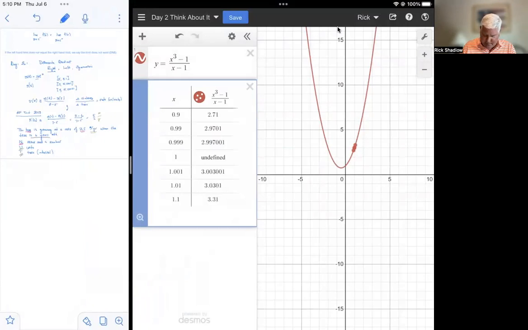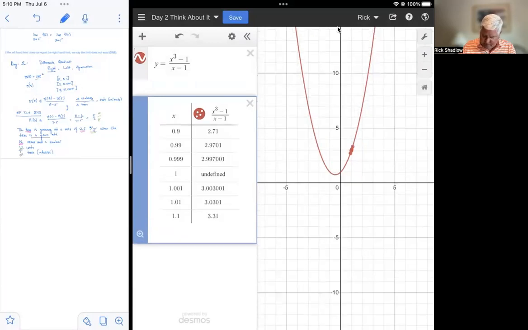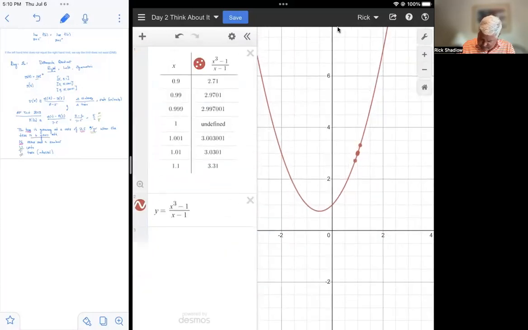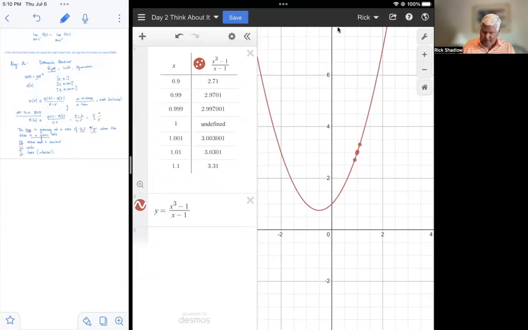And it looks to me, both graphically and from the table, that it would be 3. And I know that you've got some things there, but as x goes to 1, again, those function values are getting closer and closer to 3. So since the left-hand limit is 3, as x approaches 1 from the left, the function is going to 3. And as x goes to 1 from the right, the function is going to 3. I say the limit of that function is going to be